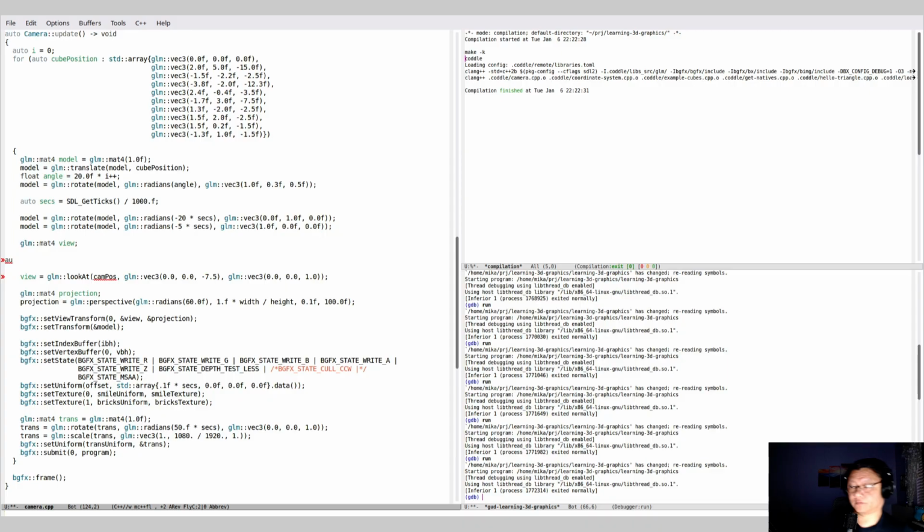So we have initial vector, temp vector vec3, which would be 1 0 0, and then